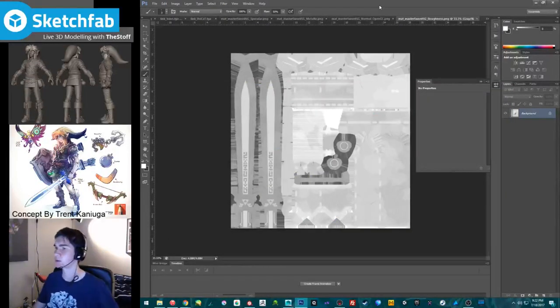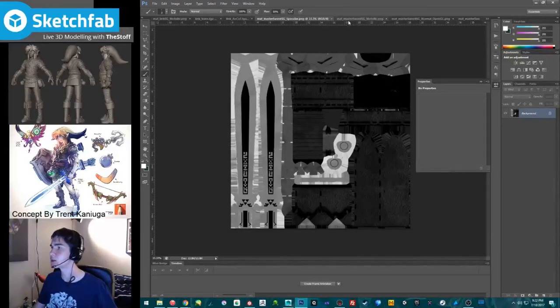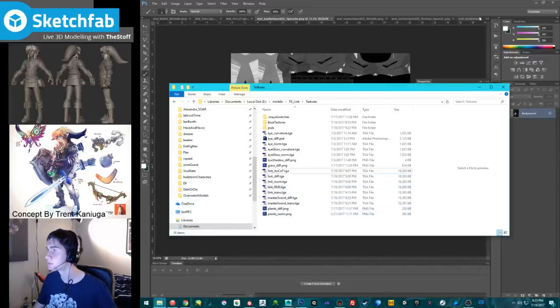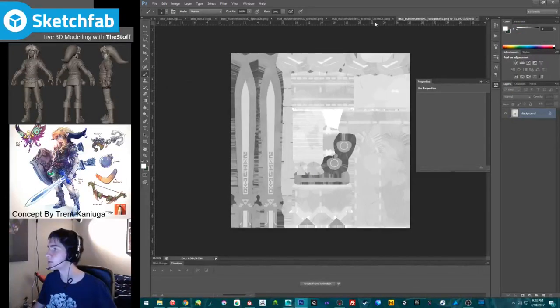Okay. So now this is my roughness, specular, and metalness. So before what I had was roughness. Yeah, it was RMS, right? That's the order I did. Yeah. I just want to make sure I'm the same for all of them.